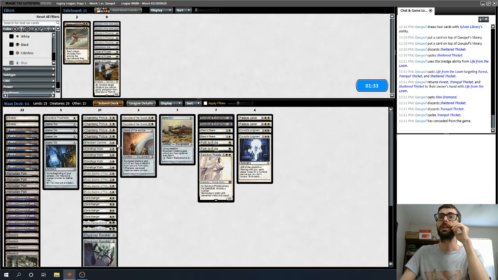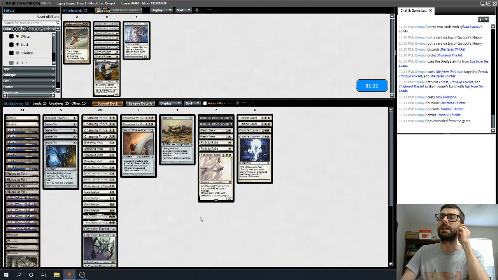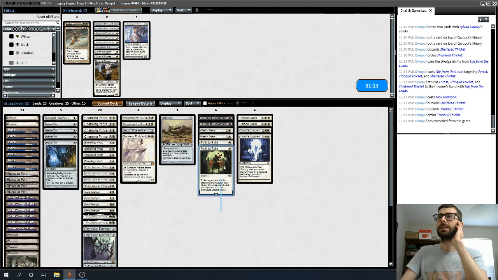Prince is fine to protect stuff. Canonist is definitely medium. It has some utility, but probably not where I want to be. And then I need to decide how many answers to things I want versus how many creatures I want to leave in the deck. So